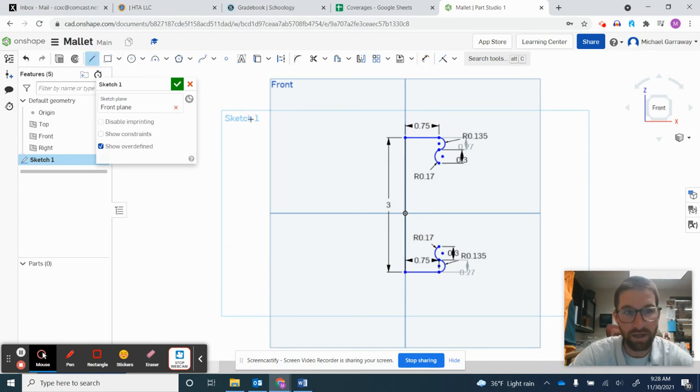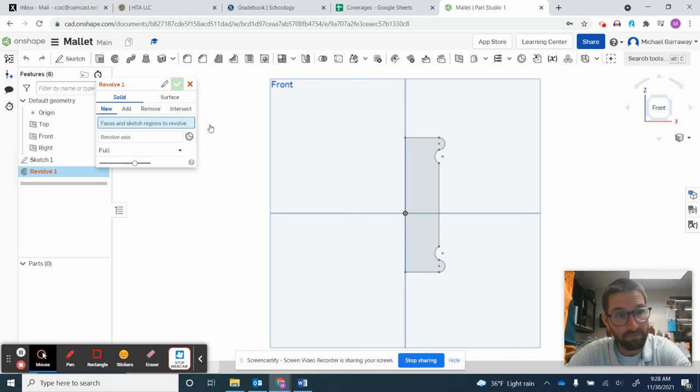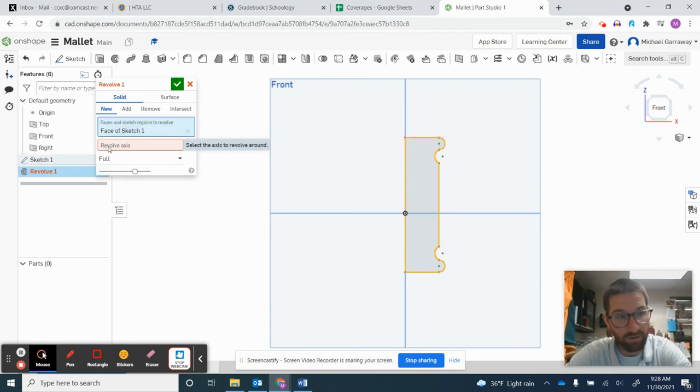I'm just going to close mine off here with a line. Drag it straight down. Click the line. You see that I have a full closed off shape. It turns gray when it's closed off. I'm going to click the green check, finish the sketch, and I'm going to click the revolve tool. I want to revolve this shape, so I click it. Around revolve axis, I click that, come back over here, click the axis I want to revolve it around,